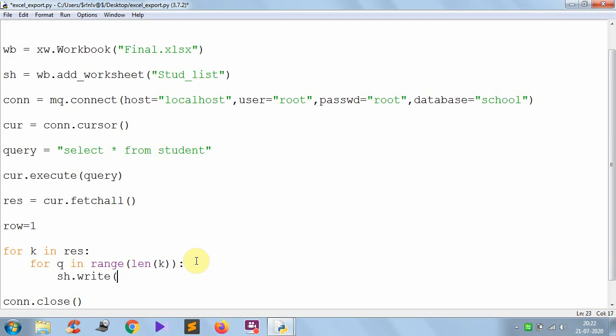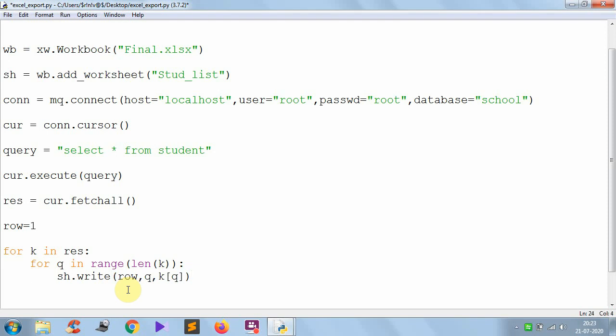After that, here 5 columns are fixed, so I am generating the index 0, 1, 2, 3, 4 by using the range function. It starts from 0, q comma, and I want to display data from that tuple.